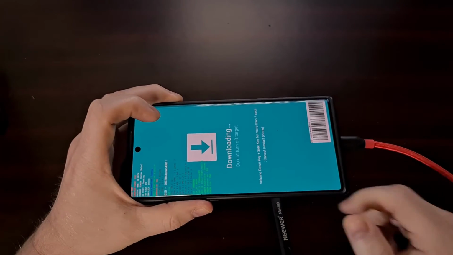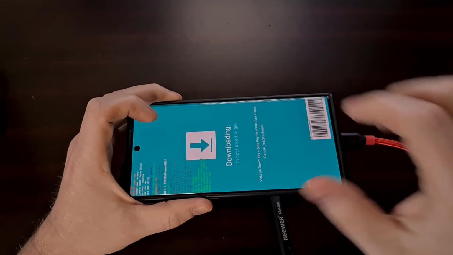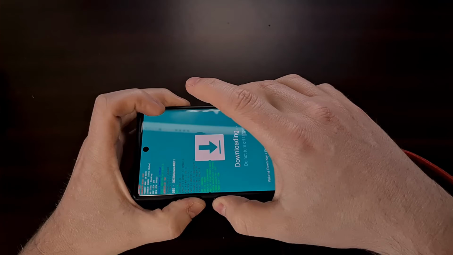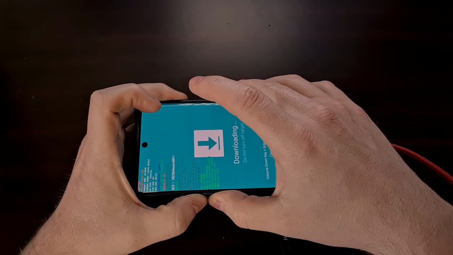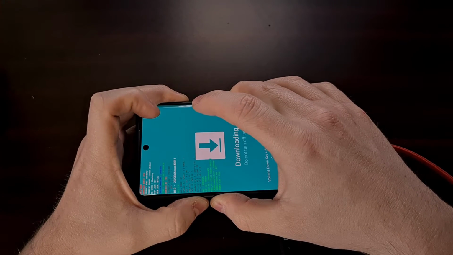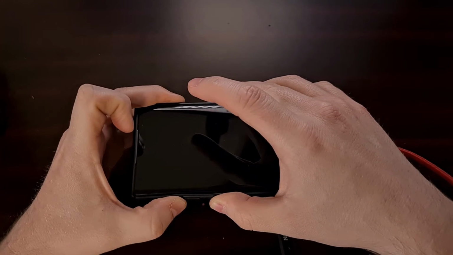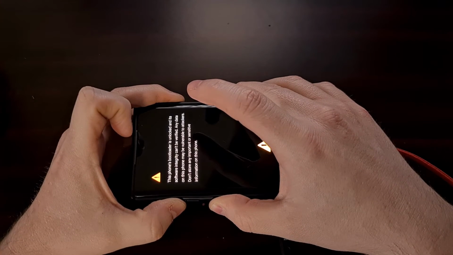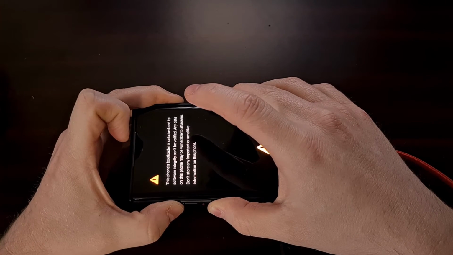I'm going to be doing that by keeping the USB cable plugged in, and remember it's still plugged in to the PC. I'm going to press and hold the power and volume down buttons. I'm going to continue holding these until the phone shuts off, till the screen turns black. Then I'm going to let go of these two buttons, and I'm going to immediately press the power and the volume up buttons. And I'm going to continue holding those two buttons down